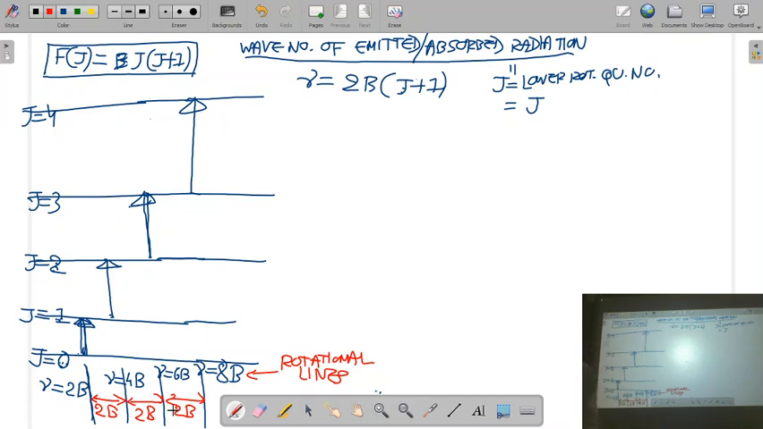So what is your conclusion? That rotational energy levels are not equidistant, but rotational lines are equidistant. And what is the spacing between two consecutive rotational lines? That is 2b. So finally I write the conclusion that the absorption spectrum